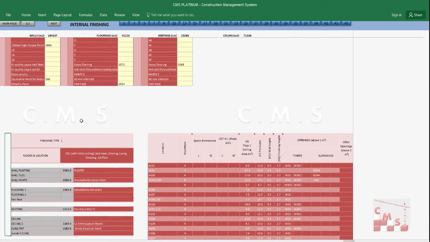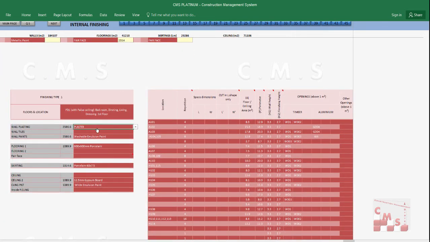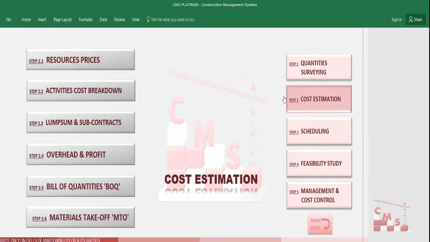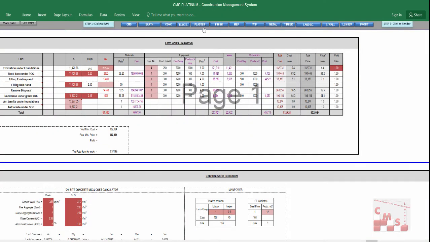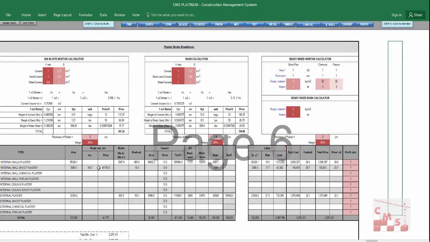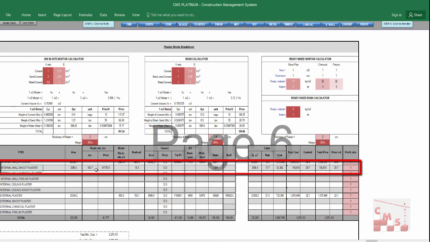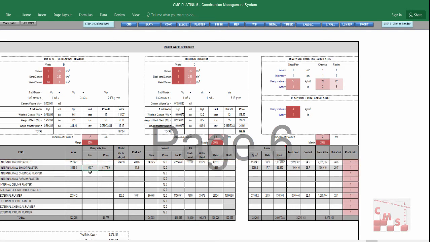We choose here normal plaster. If we choose a shoot plaster, we will find in this plaster... now, let's go and check plaster work. Here shoot plaster appears, and those are the quantities required for these areas, and that's the price, because we only changed